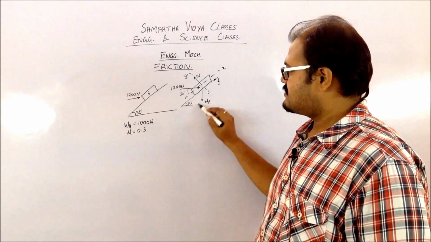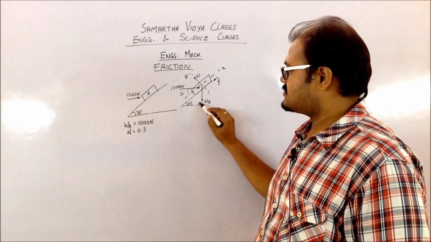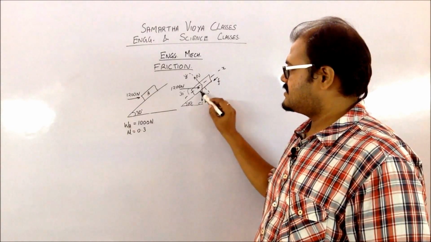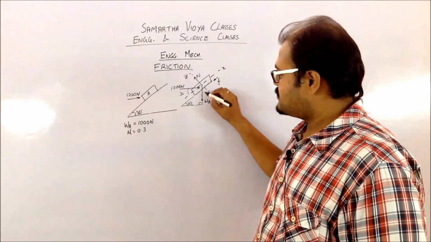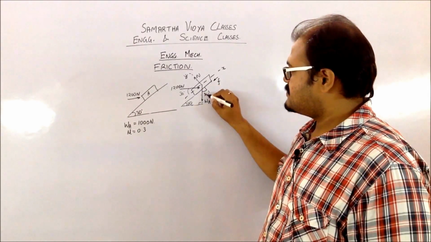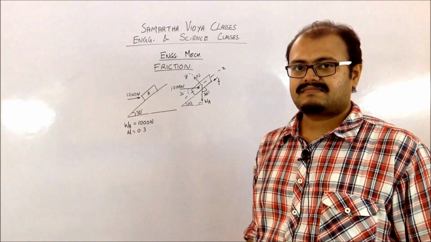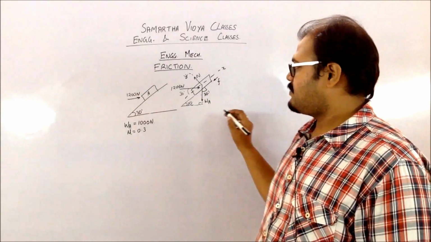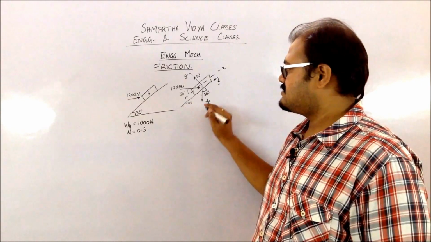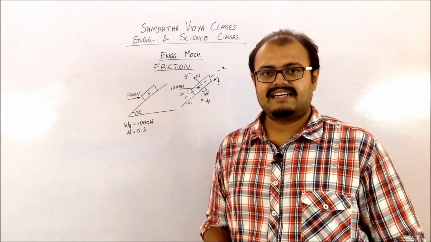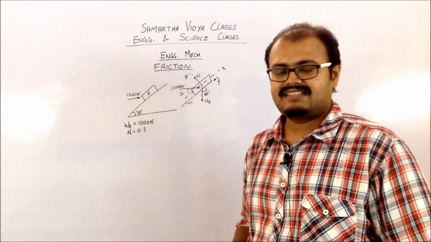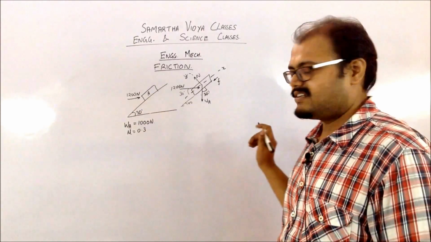Then again you can draw this particular angle. This is going to be 90. This is 30, so this will be 90 minus 30. And since again it's perpendicular, this angle is going to be basically 30 degrees. So now you have all the forces and their angles with the corresponding axes. So you have to apply the condition for equilibrium. In this case we are assuming that it's going to be in equilibrium.